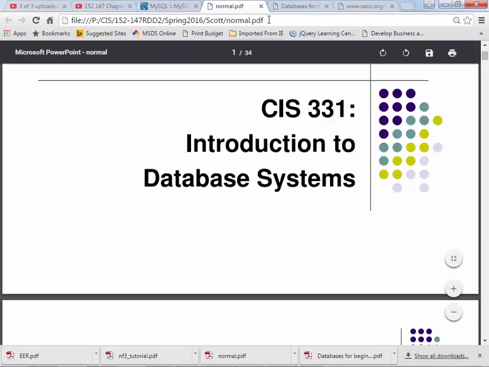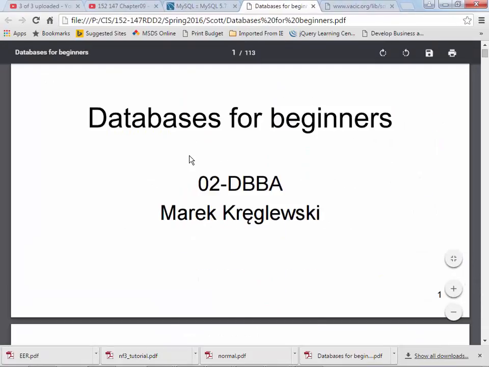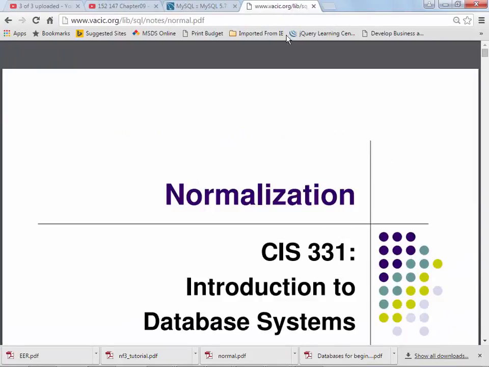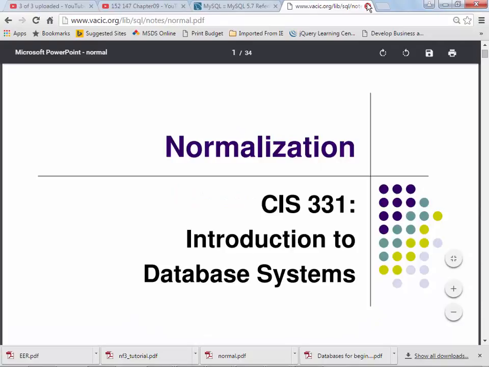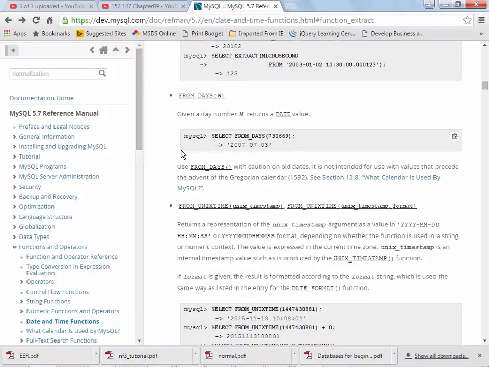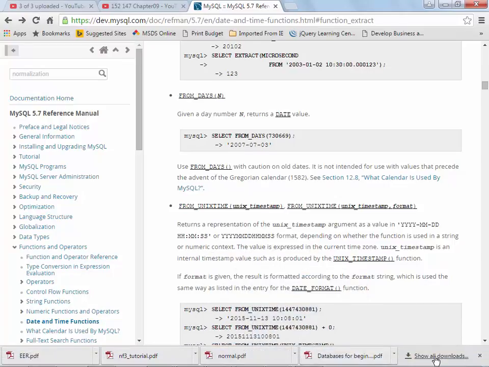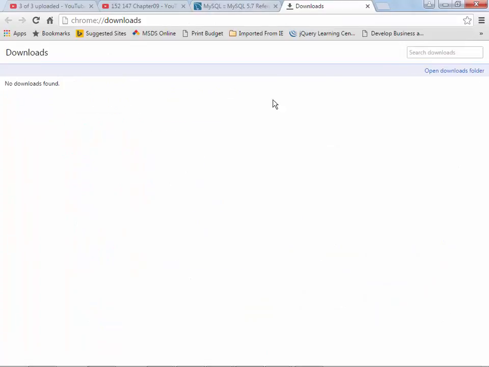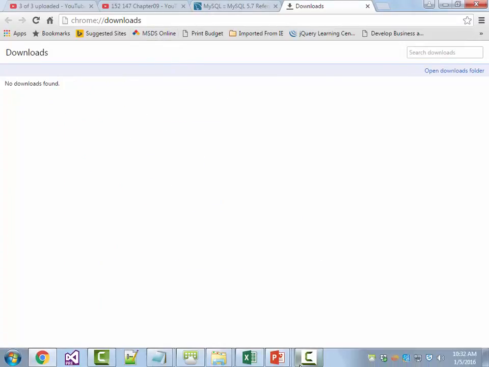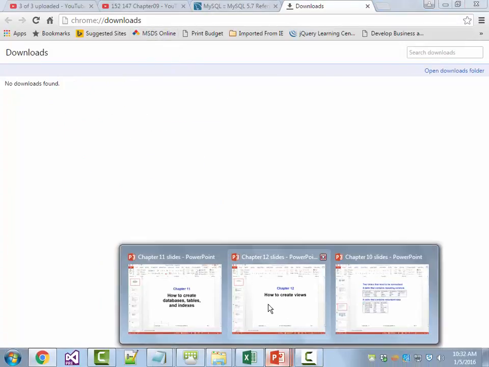Normalization, 34 pages. Databases for beginners, 113 pages. Another normalization that's 34 pages. But I want to talk to you about normalization and try to put it into my terms, combining what's in the book with what I think you need to know and understand. All right? So,